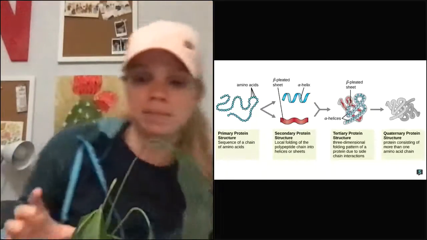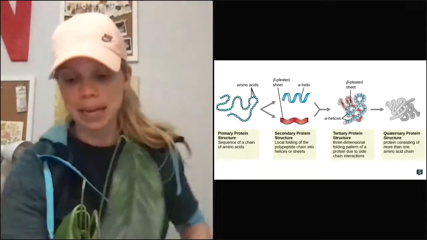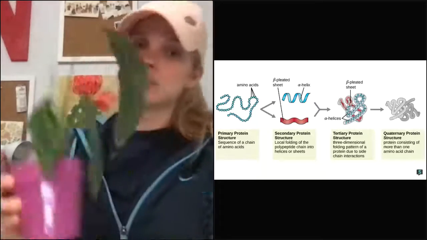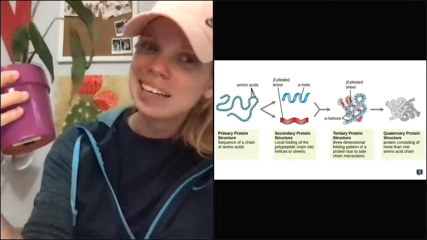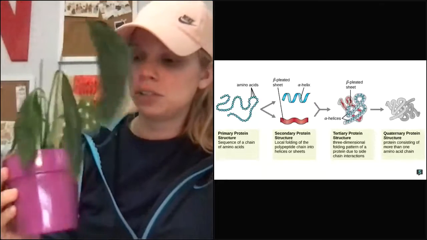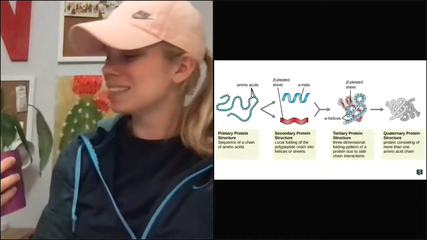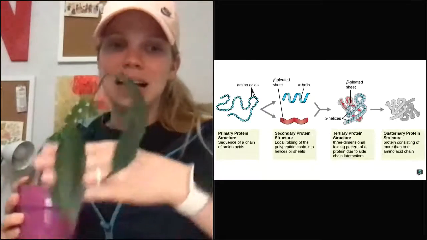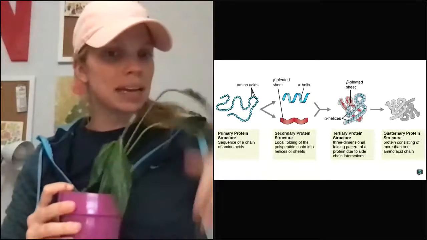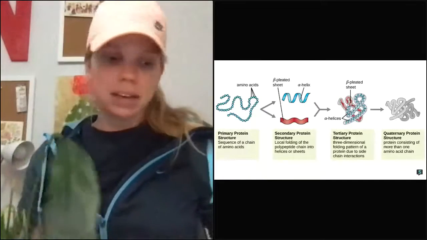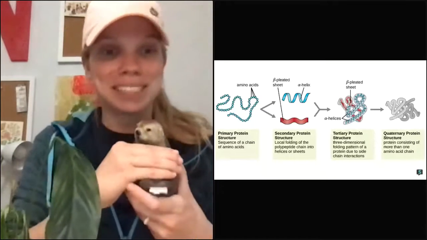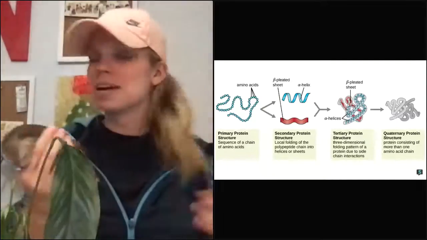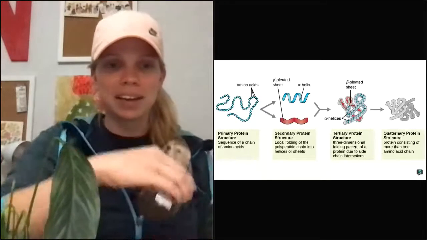First one's a plant. Ignore the fact that the plant looks not good. It was recently transplanted because I had a big plant, but it didn't fit in the pot. So I pulled it apart into some little plants, and the big plant is doing fine, but the little plant, I don't know if he's going to make it. But the point is I got a plant. I also have, pretend this is a real otter and not a tape dispenser. These are the things you find in a biology teacher's house, plants and fake animals.